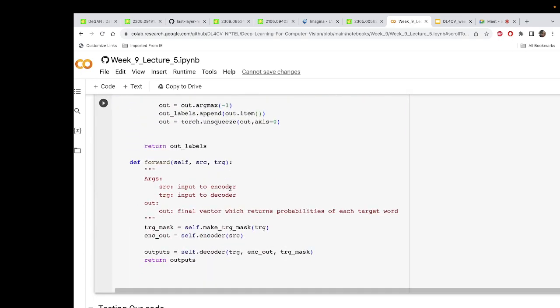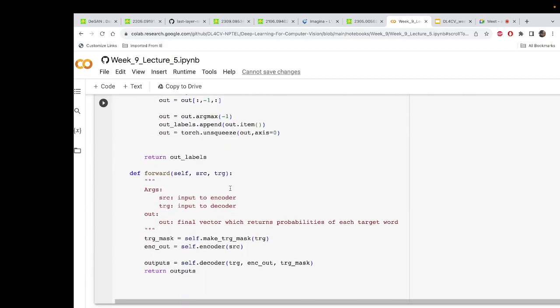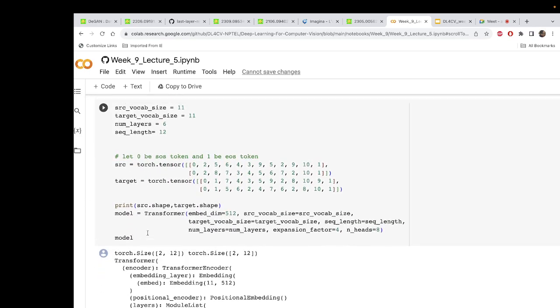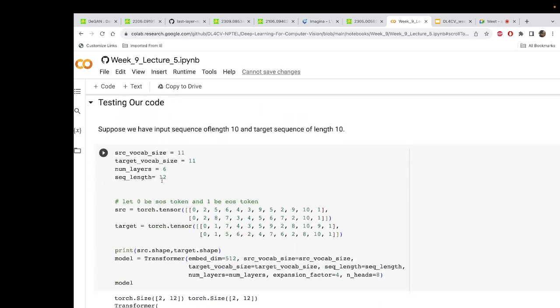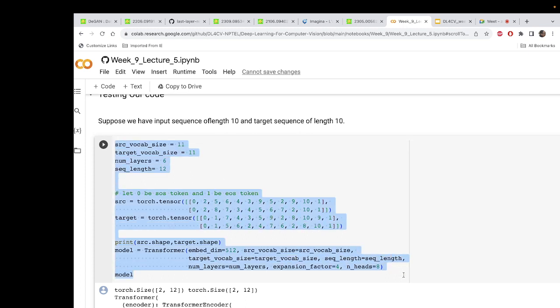And then there are different functions for encoding and decoding, right. Okay. So, now after defining this piece of code, like I said, this piece of code does not train anything, it is only meant for giving you a feel of what the code